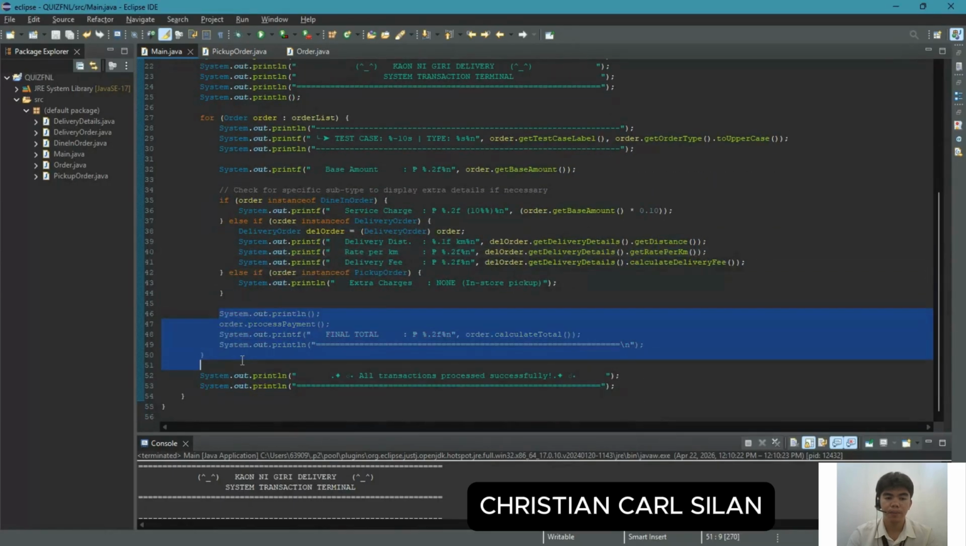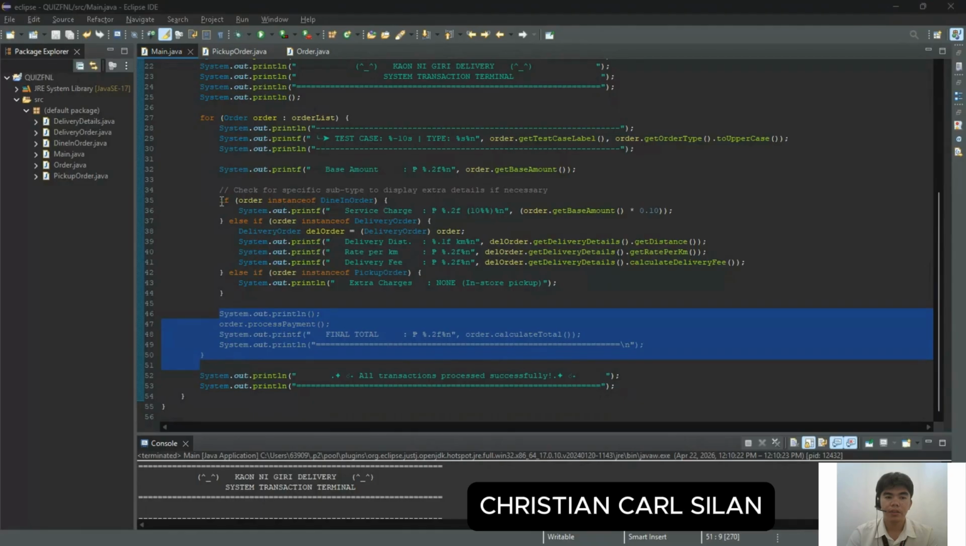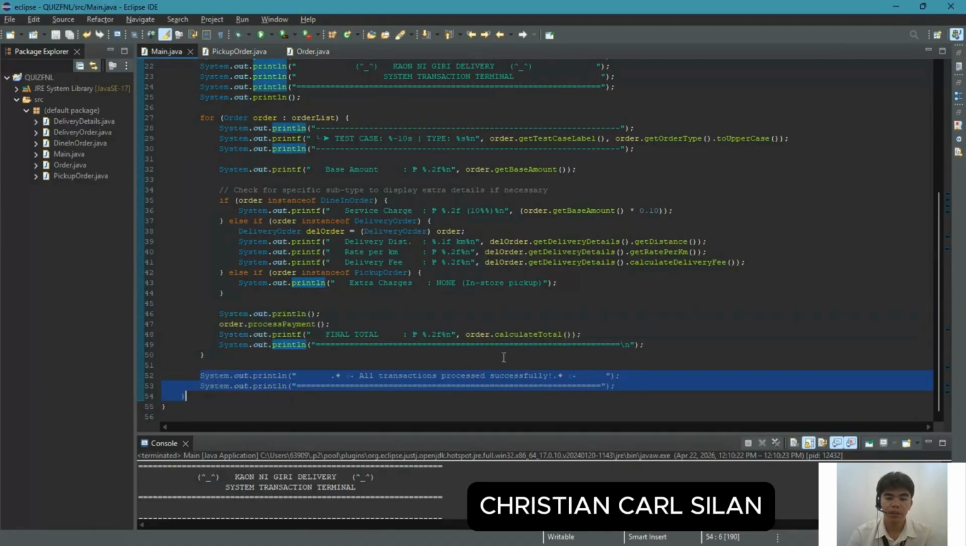So next block of code. This code executes the unified workflow by calling the process payment method and the overridden calculate total. This displays the final bill for each specific order type. It concludes each transaction with a visual divider, ensuring that the results are clearly separated and easy for the user to interpret. So the last block of code